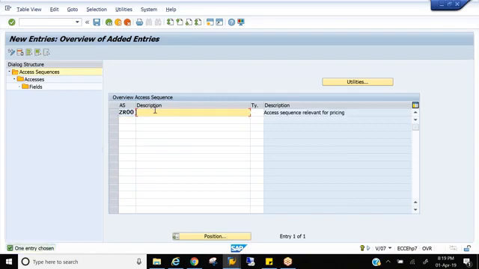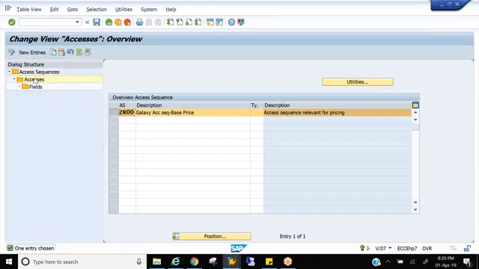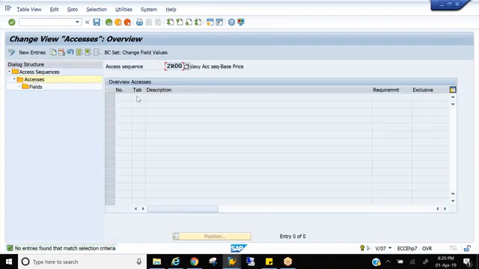ZR00 is my access sequence. There is a Galaxy access sequence for the base price, ZR00. Select this and click on accesses. Here, the system will allow you to place the tables into this access sequence. That's what we learned, right? First, we need to create a table with a field combination. Then we need to place the tables into the access sequence.